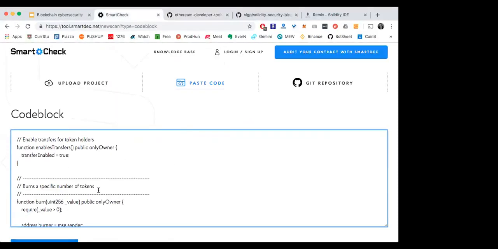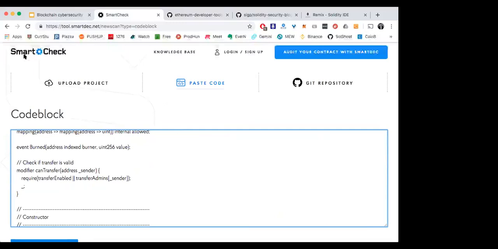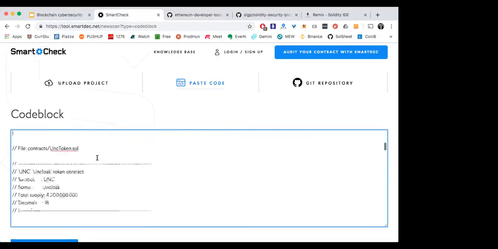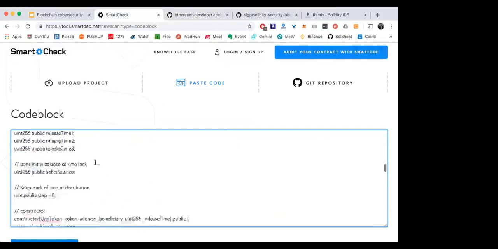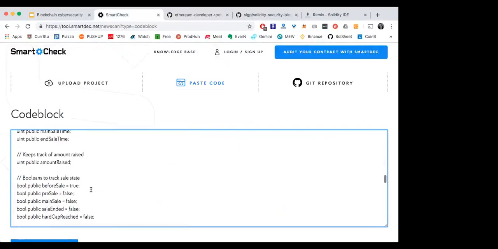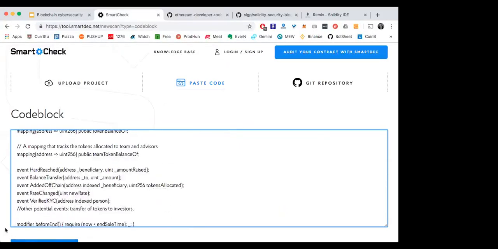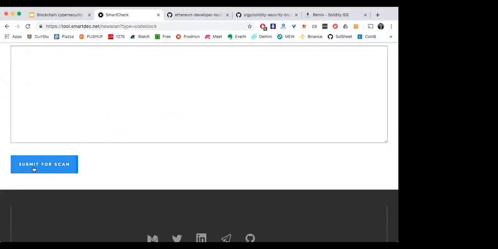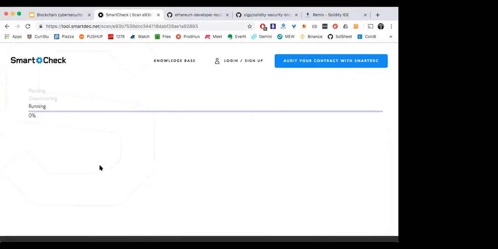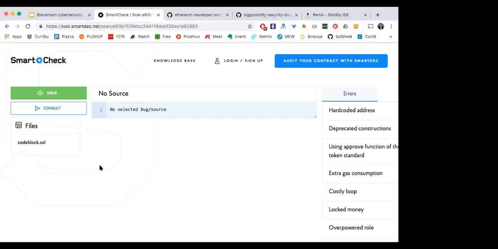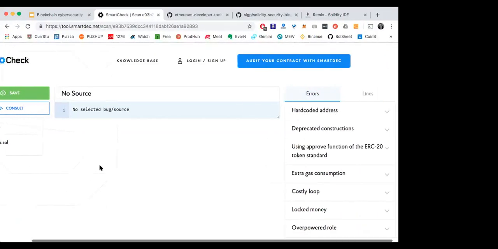But this is a static analysis tool that I've used in the past. I've pasted in a code block from some code that I've written for a blockchain token. Now it's running and going to go through my code, looking for patterns or issues.